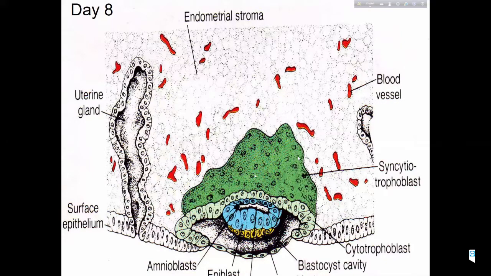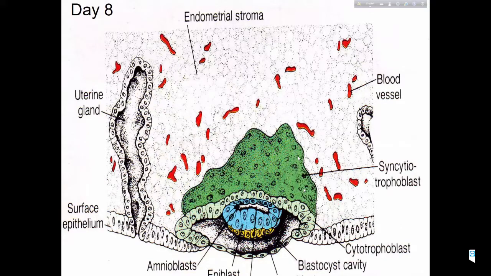Look here, no cell boundaries are seen, so we call it syncytiotrophoblast. This is a sheet of cells because we cannot see the cell boundaries, only the nuclei are seen. The syncytiotrophoblast has the quality of eroding maternal tissue. That means it erodes inside the wall, and this cavity is the amniotic cavity, and this big cavity is still the blastocystic cavity, if you remember about the